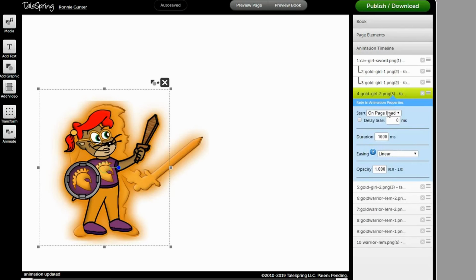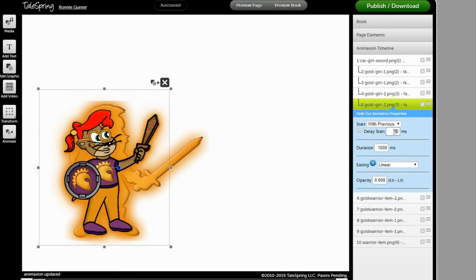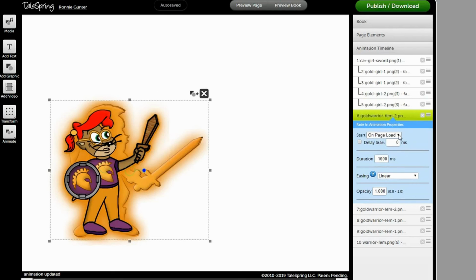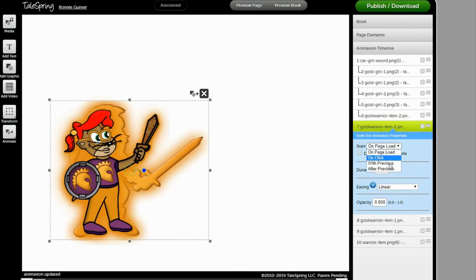Then the next phase is going to be with previous, 700 with 500 milliseconds duration. Then the next one we're going to add up to be 1200, because we want the next animation to come later. So we're going to add these two here, 700 milliseconds for the delay start and 500 milliseconds for the duration. So let's go here, add 1200, have 500 there, 1200, 500 there. Next we're going to do 1700,